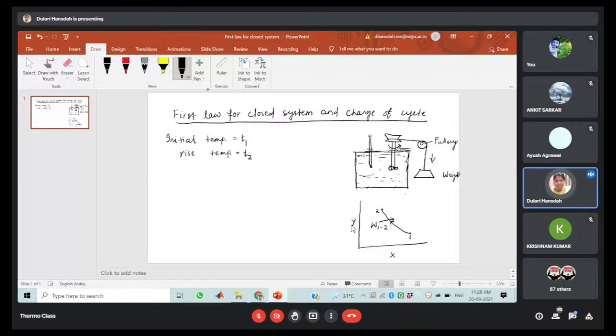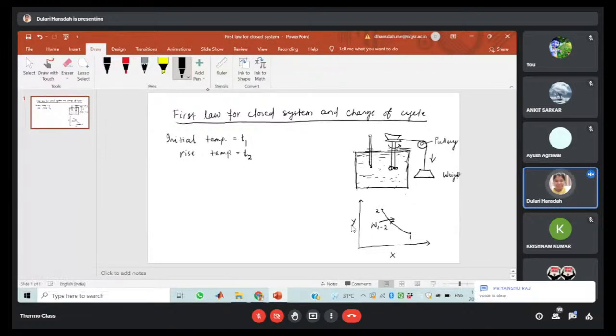If I write PV, in that case you will have a little confusion, because if I am plotting this graph from 1 to 2, then it will be a little bit like compression work. Okay. So it is better to explain in terms of x and y coordinates. Now suppose there is the work transfer, then I can write like this. There will be an increase in the temperature from 1 to 2. Okay. So that is your W1,2.